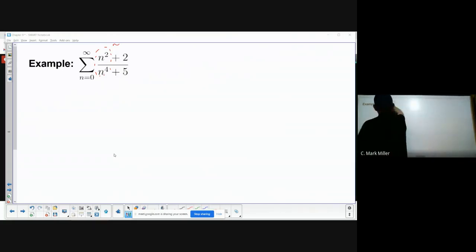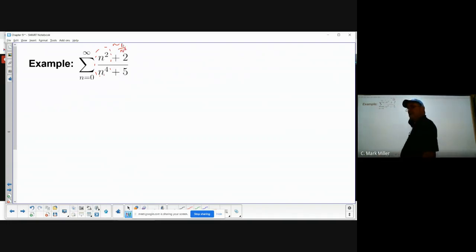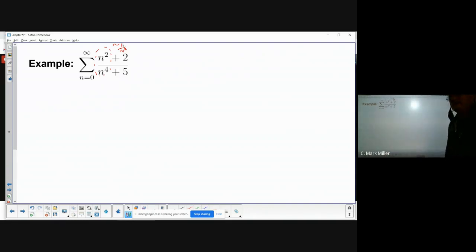So this is going to vary. n squared divided by n to the 4th is going to behave like 1 divided by n squared. Okay? Those two are going to behave like that. The 2 and the 5, not much impact, but keep them in mind. So 1 over n squared